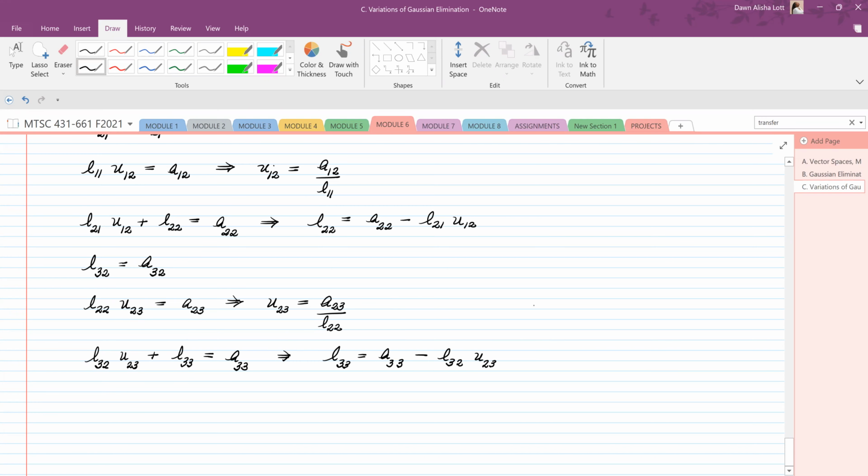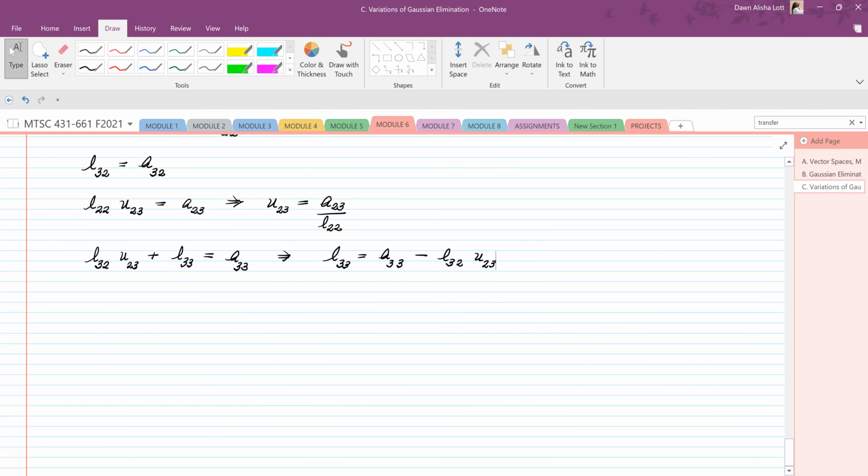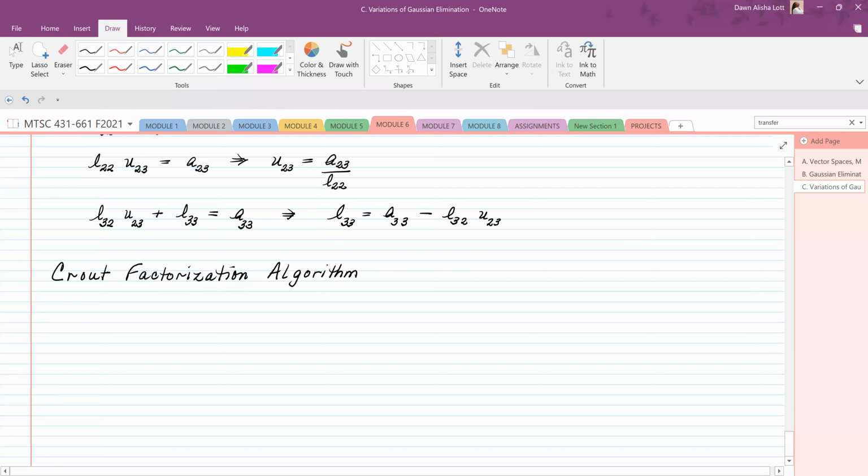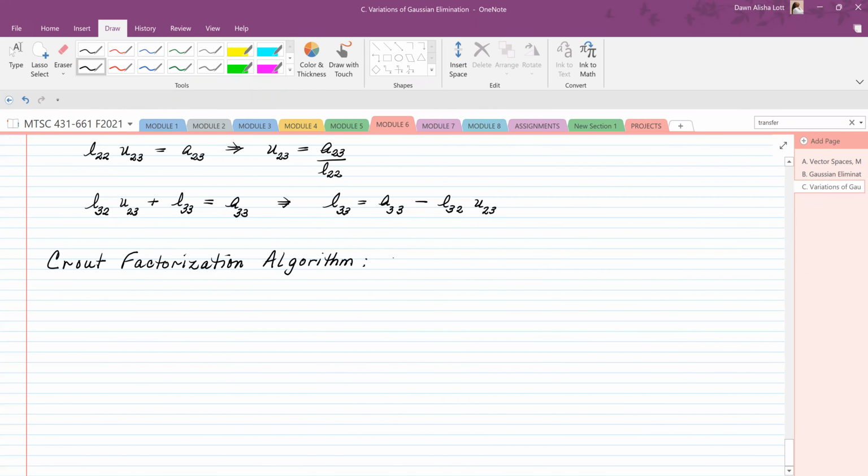And this technique has a name. It's called the Crout factorization algorithm. Okay, so this decomposes a